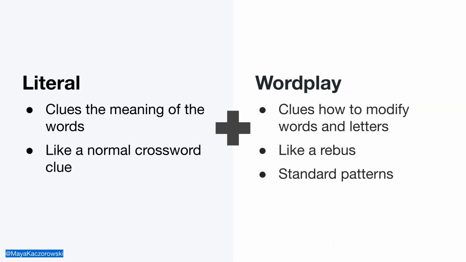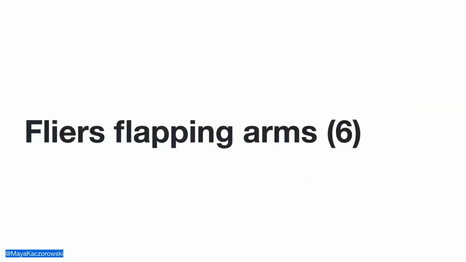So cryptic clues check themselves. The reason we focus on the clues is that the grid works pretty much in the same way as a normal crossword, although like I said, there might be more black squares, or might be a fun shape or whatever. And since the literal portion is pretty standard, and you've solved puzzles like that before, let's jump into specifically the wordplay. That's the fun part.